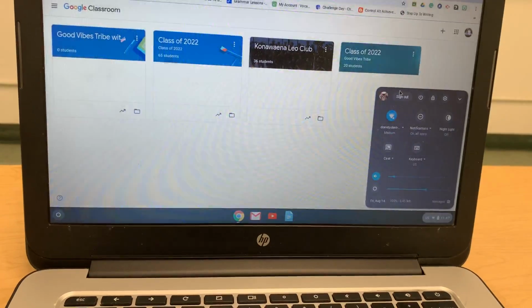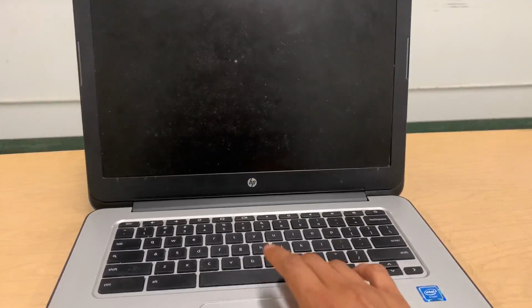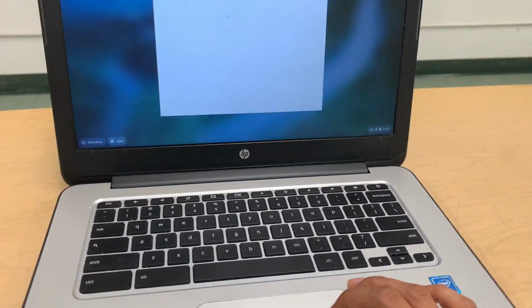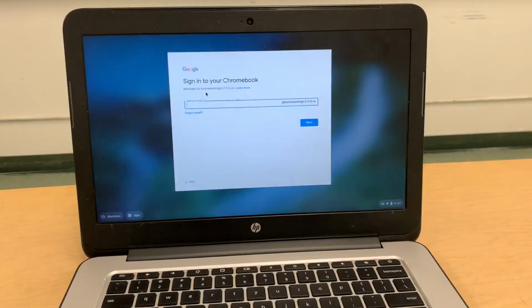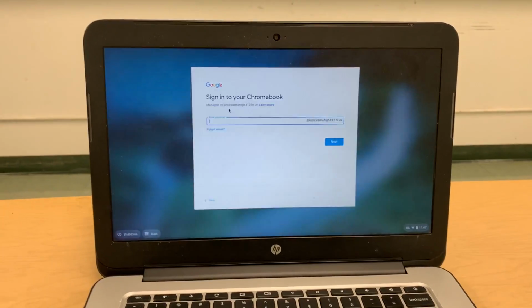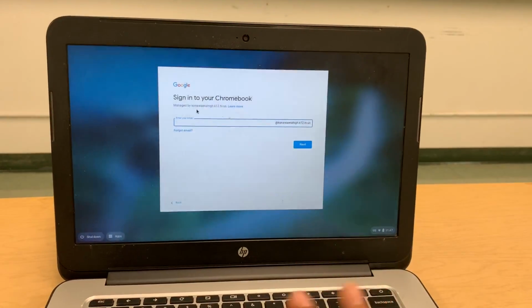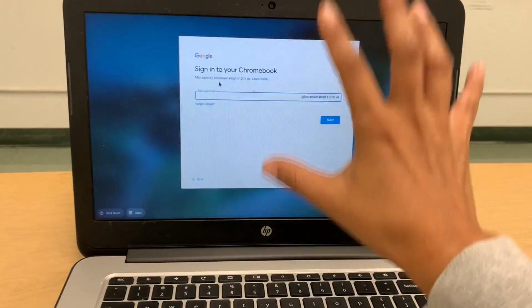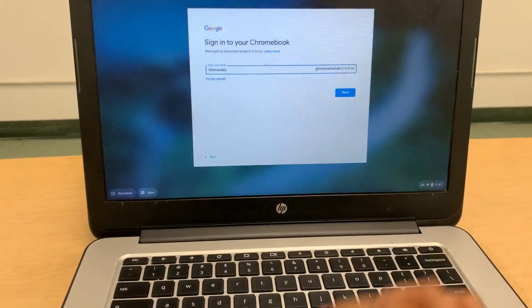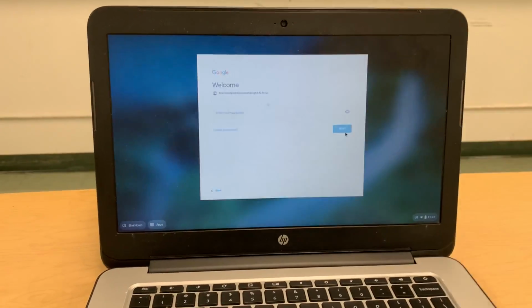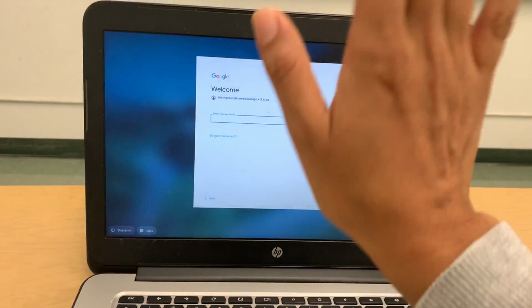And another easy thing to do, you can just sign out if you wanted to, and then it takes you back to the front page, main page, where you get to restart again. And I know that you remember that your starting email is your first initial, your last name, and the last two digits of your graduating year. Your first time logging in will be here with your initial, last name, and the last two digits of your school year. You click next, you type in your password,